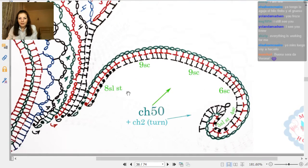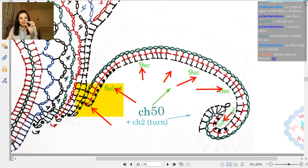Start from this point. I will show you now this area. 1 chain loop to move up. Next 8 slip stitches. Next we have the same number of stitches like we have in previous row. We don't need to skip stitches of previous row. Just go slowly here. Just in the end we have 5 small stitches, slip stitches, to make thin this area